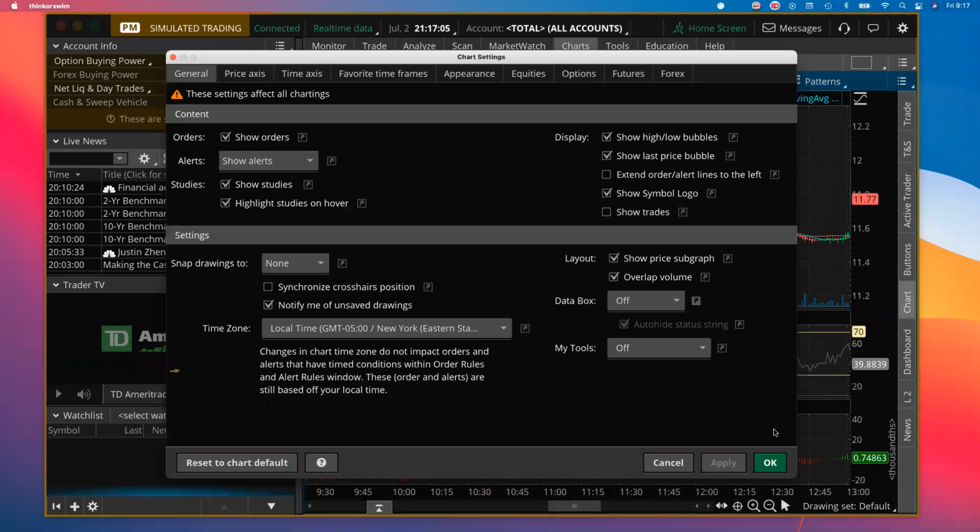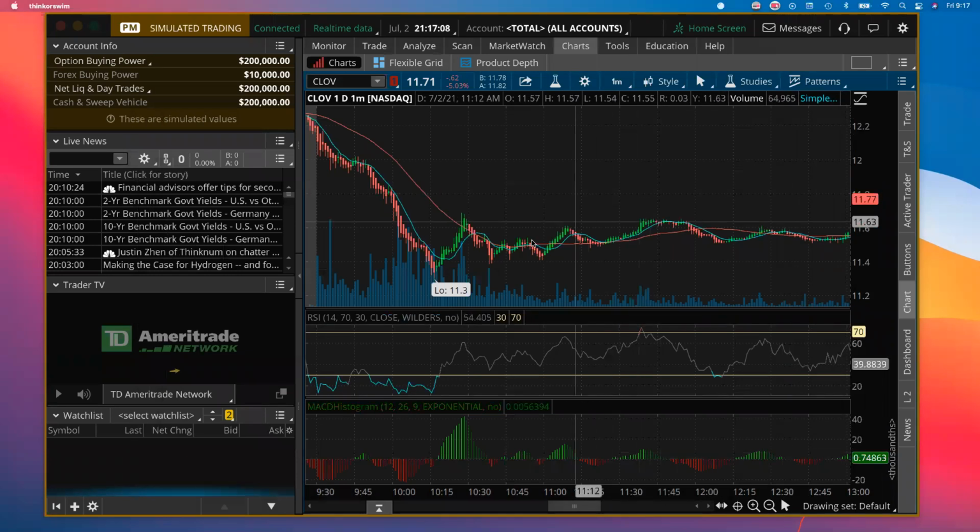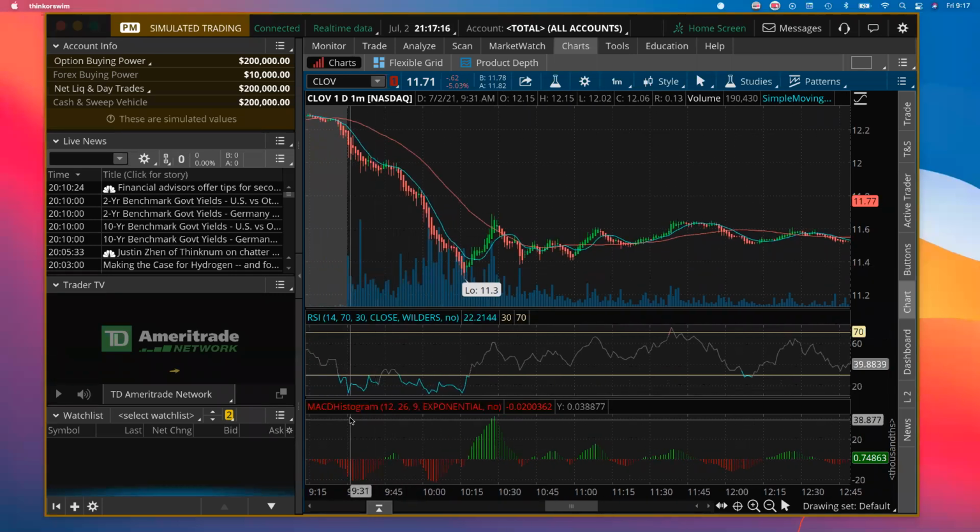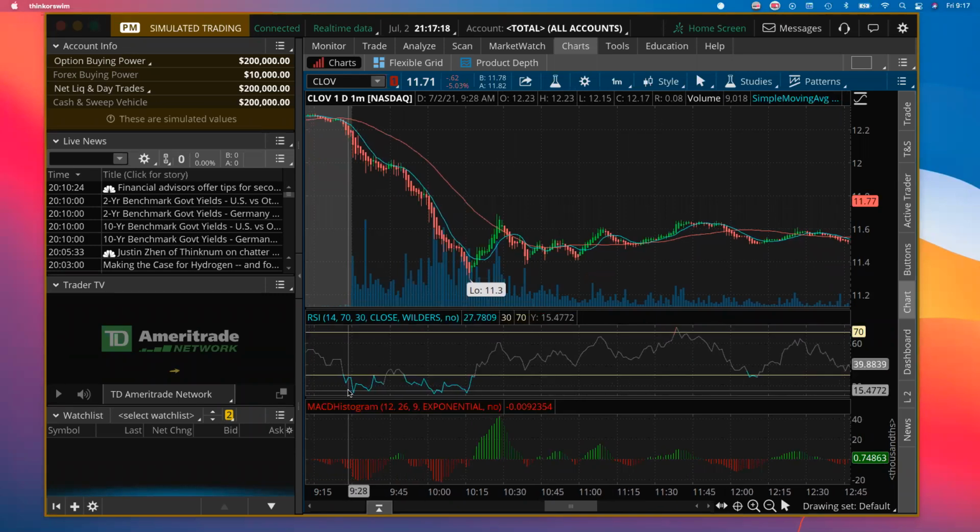So the blue bars are your volume that are behind. I'll run through each one of them for you. The higher the volume bar goes, the more volume you have. That's pretty self-explanatory. The RSI that you see right here, for simplicity's sake, I would just say that this is tracking the price movement